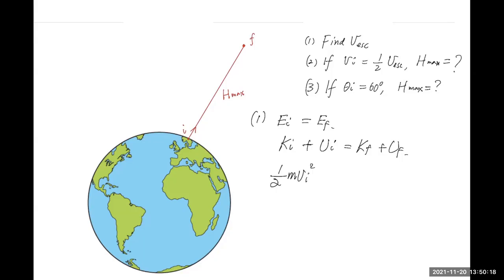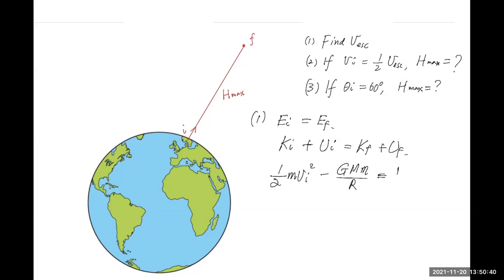Now we can say that constant equals 0, then I get an expression of negative G times the mass of the Earth, times the mass of the object, divided by the radius of the Earth. I'm going to denote the radius of the Earth as capital R, okay? And so that is the initial potential energy. The final potential energy,